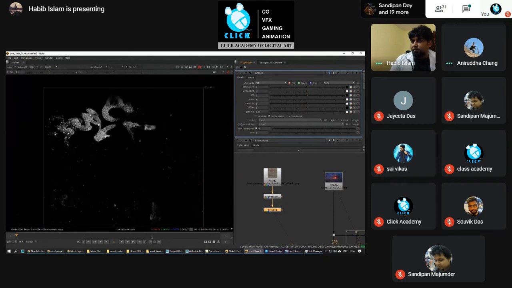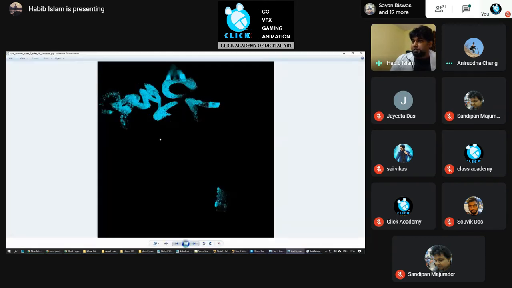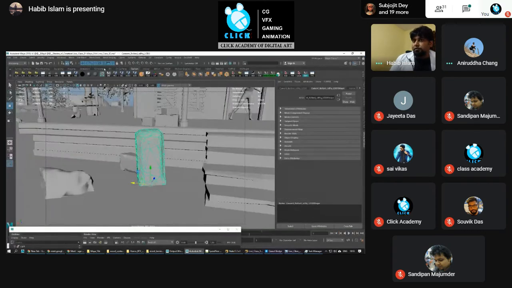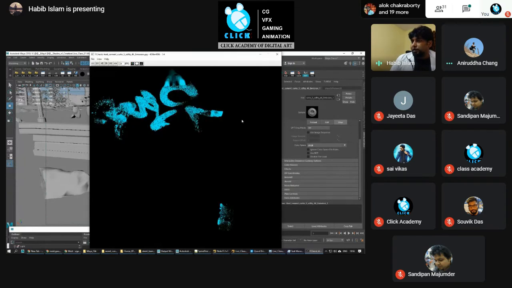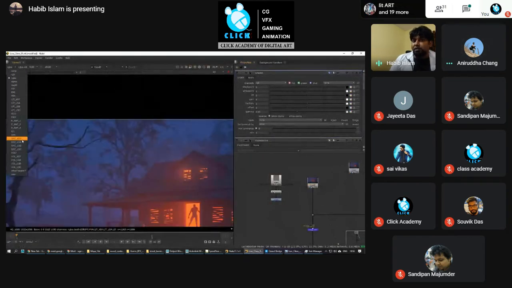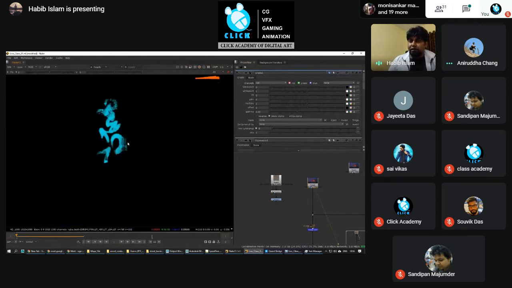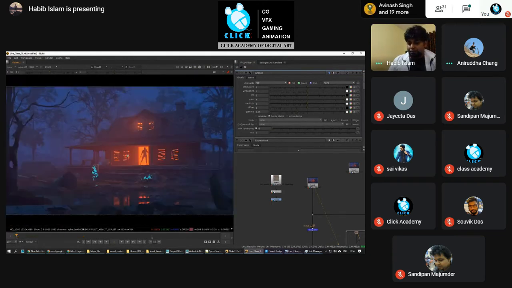One grade and select this. So using this pass, I've created the textures of the emission. And this emission texture I've used on the shader emission properties. If you go to the Redshift shader, go to overall emission. Here I've added that emission texture. Because of that, in the emission pass I'm getting this texture separately. Later on, using this pass, I'll add glow so that it will look like a light.